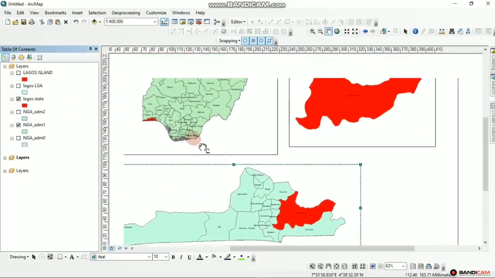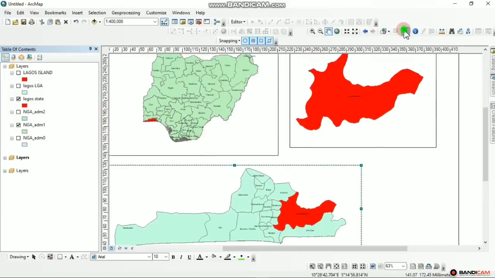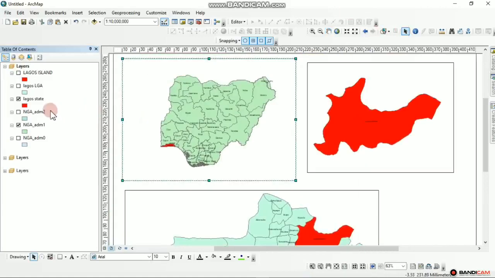Now this is where you click this arrow. The White House Nigeria. This is where we use the legend to activate. Now this Nigeria administrative one, I'm going to left click once and left click again and change it to Nigeria. Change the title to Nigeria. Then Lagos State, I will also click twice to type it in caps, LAGOS STATE, and enter. Then Lagos Island, I'll also